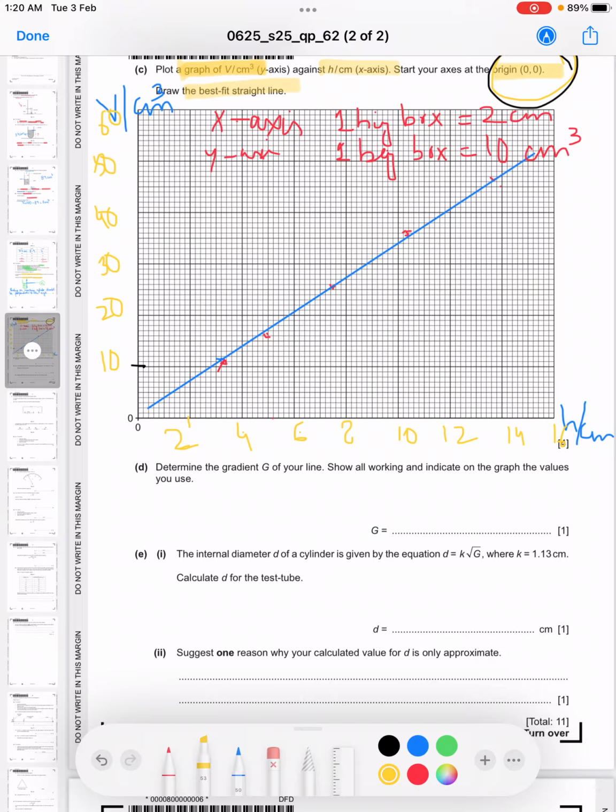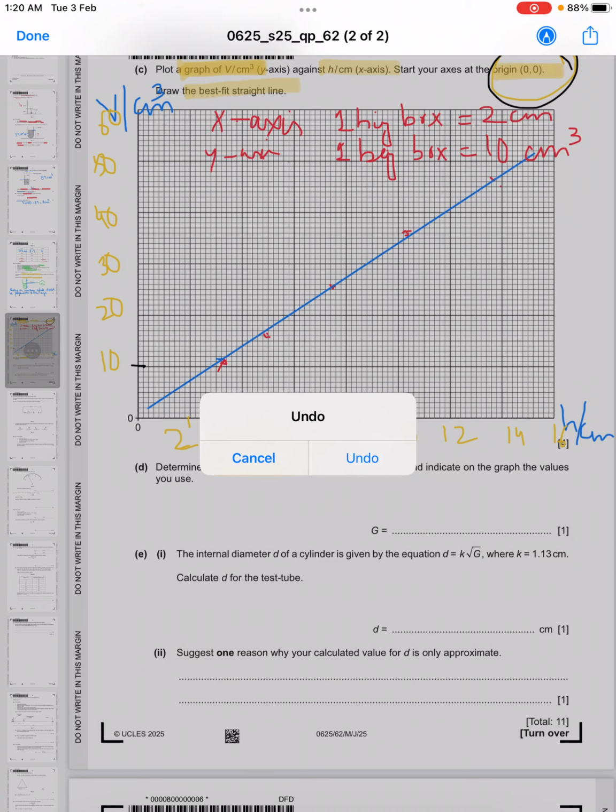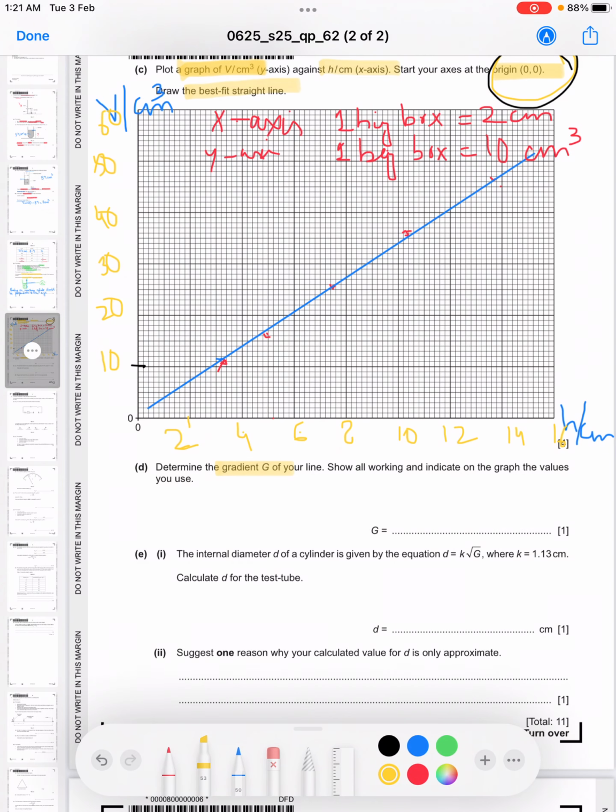Determine the gradient of your line showing all your working and indicate on the graph the values you use. Okay, I think for this one you all must have the calculator. Everyone open your calculator and we will choose the points. I am also opening it. Okay, so let's take it. I think I should use the color black. Okay, yes, so you can take any point